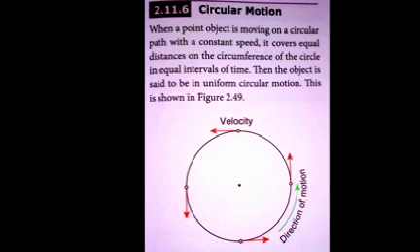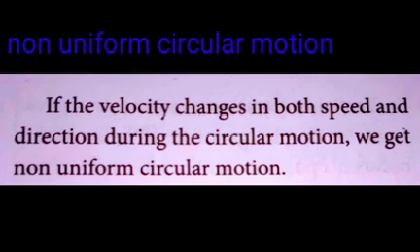Uniform circular motion means an object covers equal distances in equal intervals of time. At any point we can calculate that the object covers the same distance in equal intervals of time. A very good example from our day-to-day life is the clock: the minutes and seconds never change, and the time period is equal at any time. Next we are going to see non-uniform circular motion. Non-uniform circular motion is when the velocity changes with respect to time.